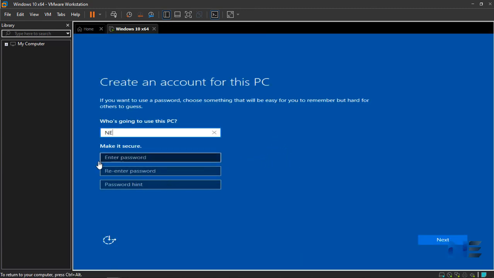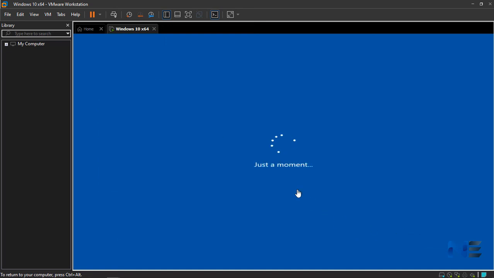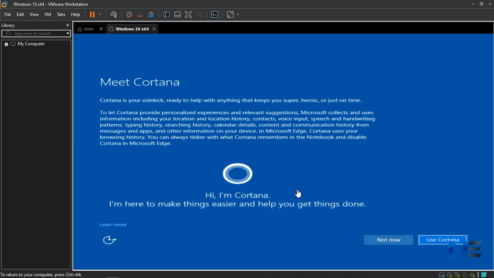You can give the username here and password and then click next. Not now.